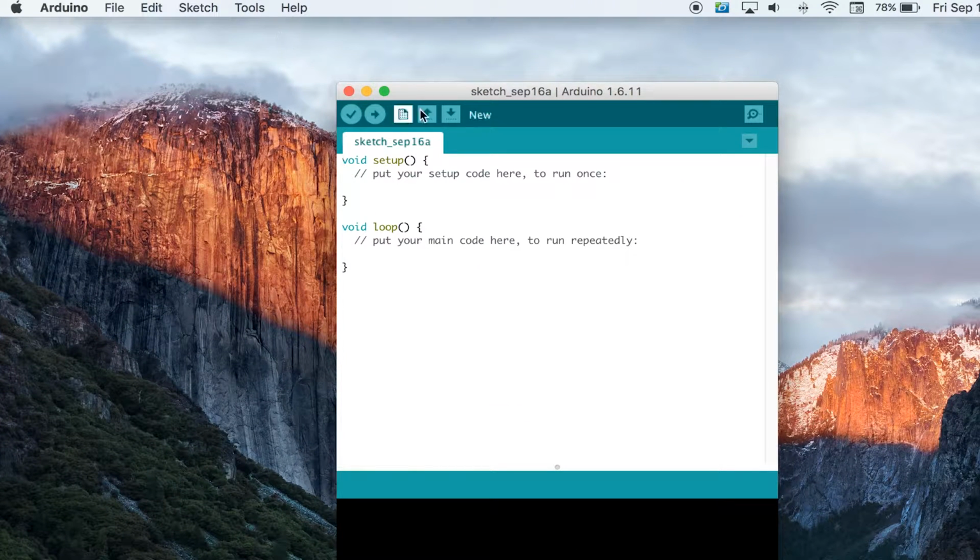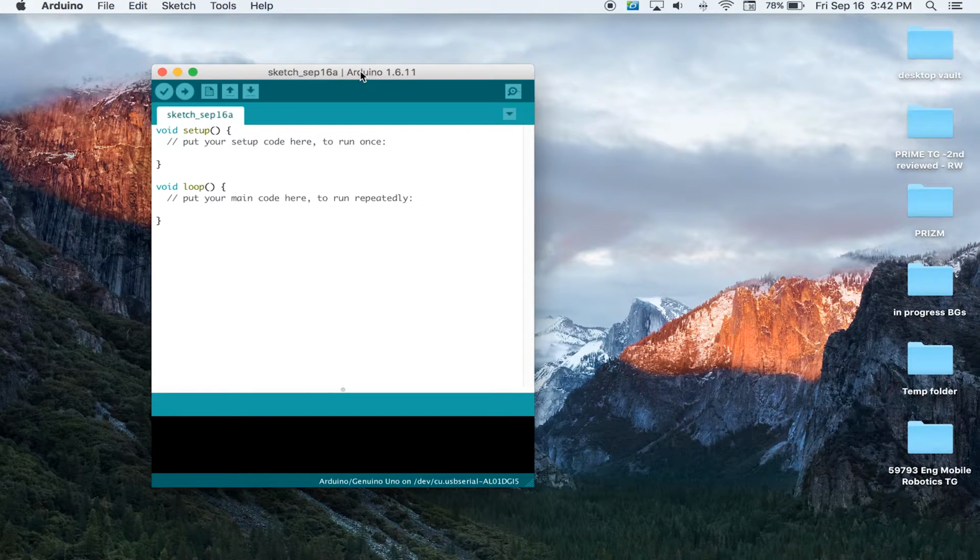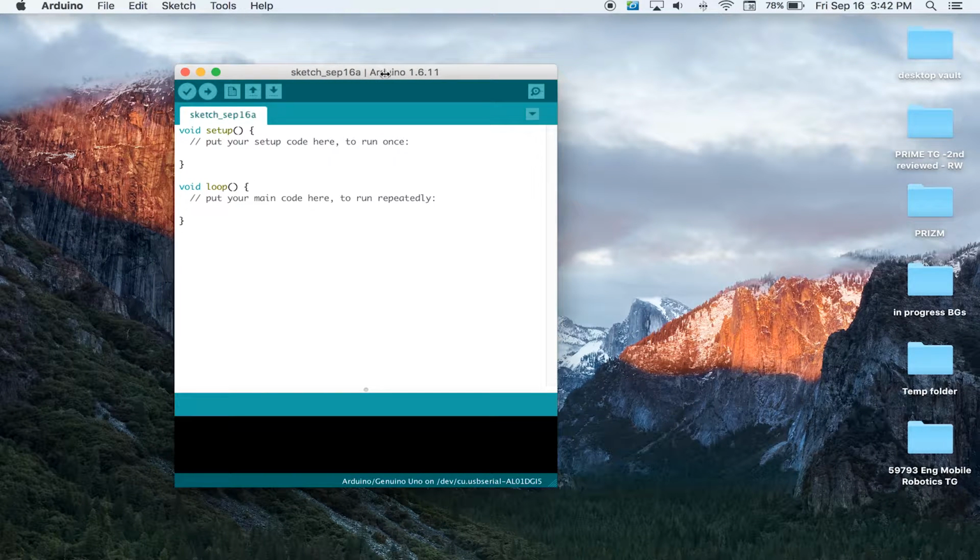On a Windows and Linux system, they're across the top of the window. Outside of that, the environment is very much exactly the same. So we're going to open our sketch, and you see that it should open up into a blank sketch that has a couple things in it, but across the top it'll be dated for the date that you actually open the sketch. But we want to open a very specific example of what we are going to recommend you do,